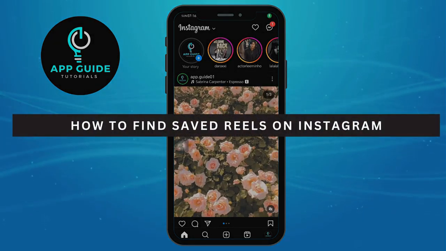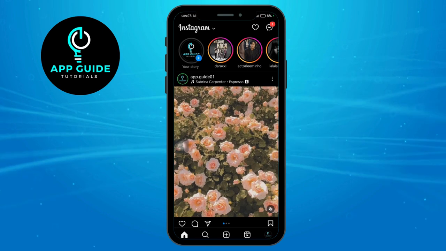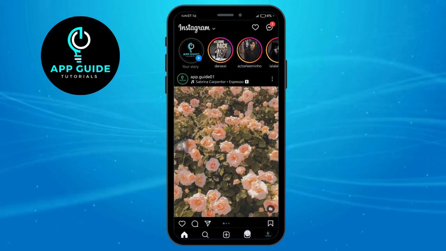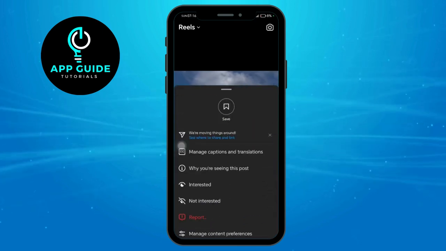How to find saved reels on Instagram. Now, let's say you have saved one of the reels that you have watched on Instagram. Let's say this one. All you have to do is to tap on these three dots right here and click